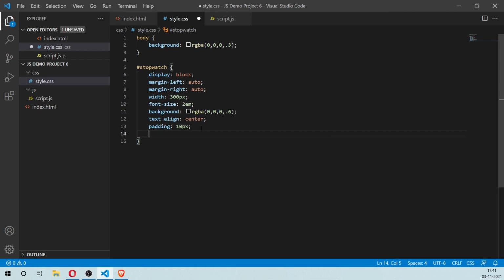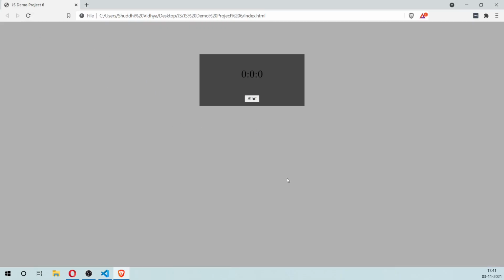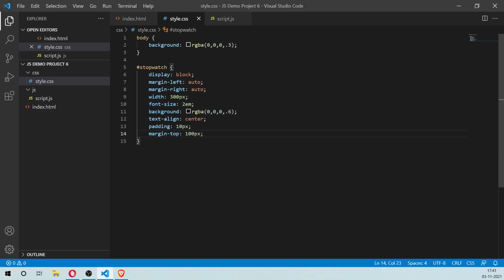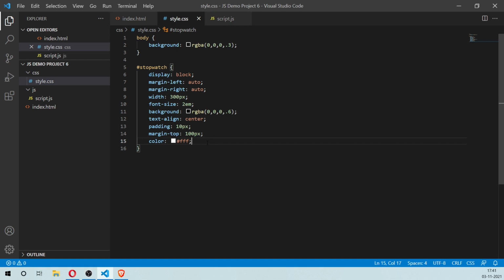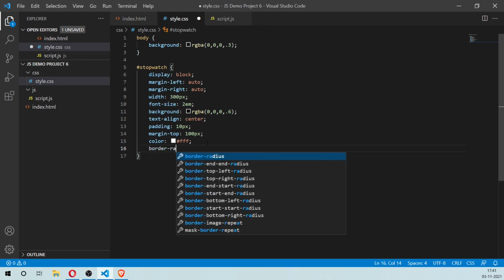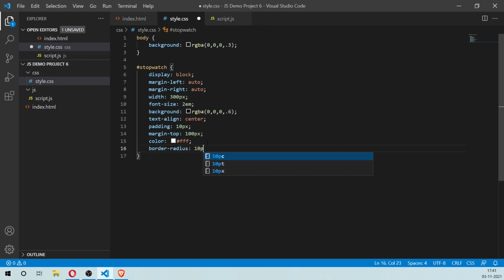I'm also going to give it a margin top of 100 pixels, and I'm going to make the font color white, and I'm going to give it a border radius of 10 pixels.